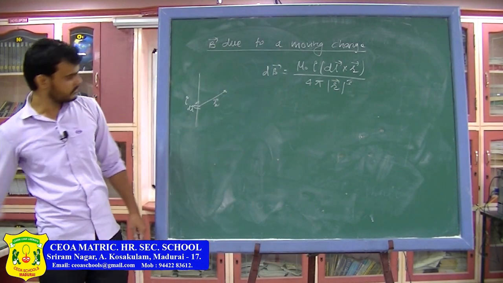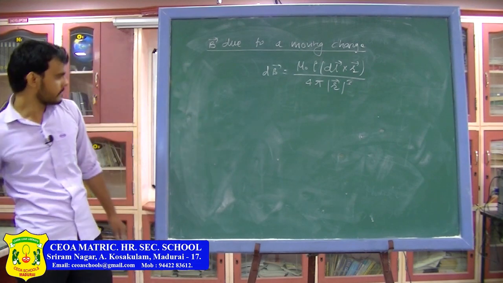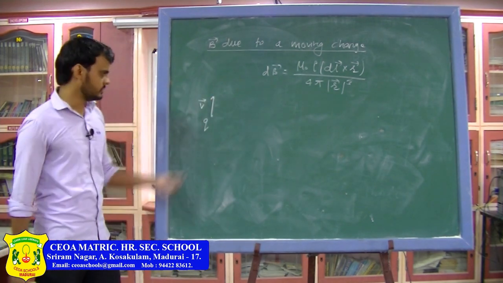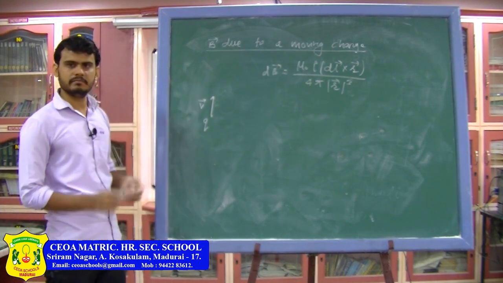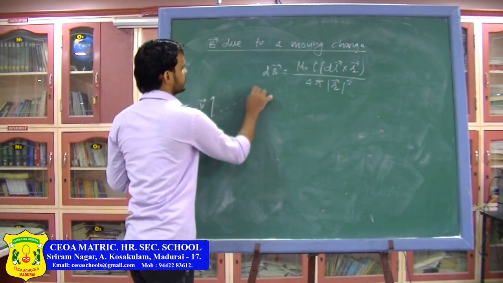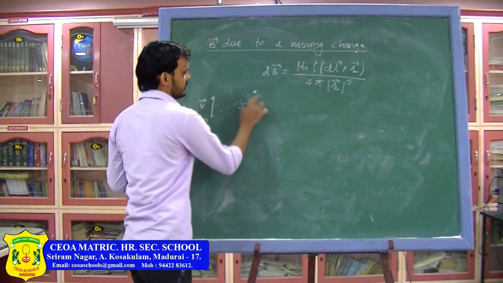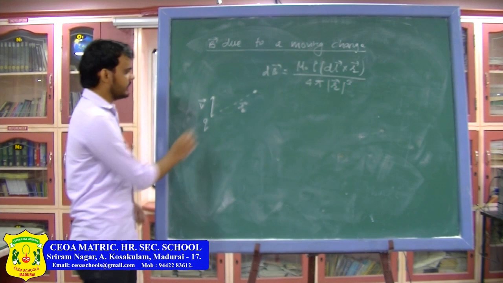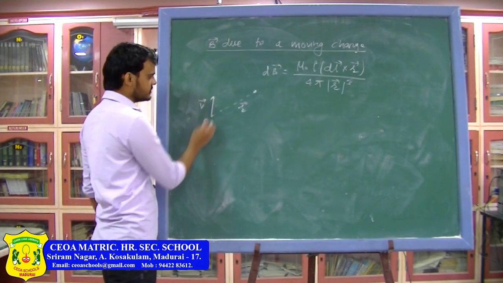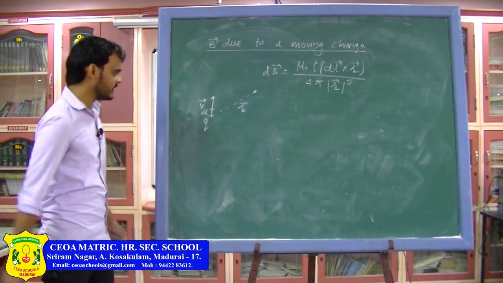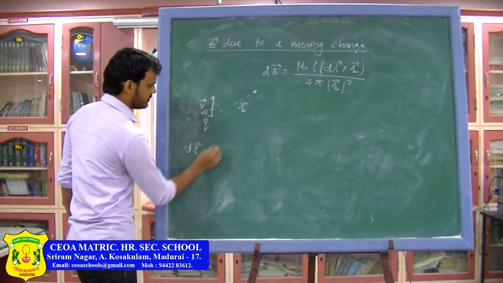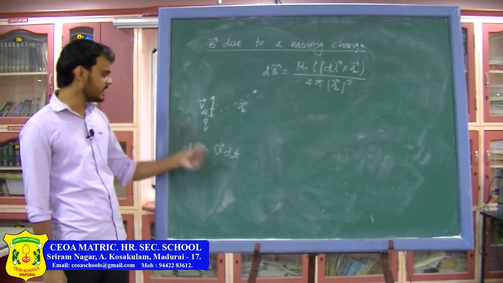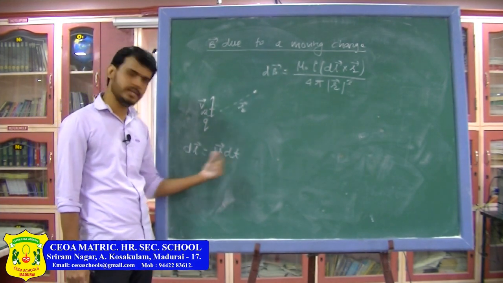So now we have a charge q which is moving in this direction with velocity v. The charge is given and it is moving in this direction with velocity v, and from this charge at a distance r I want to find the magnetic field. Now I can say this is a moving charge, so this will be equal to current. In dt time this charge is going to cover a distance of, let us say, dl. So I can say dl will be equal to v dt. As you can see, the charge is moving with constant velocity, so in dt time it is going to cover a distance dl which will be equal to v into dt.